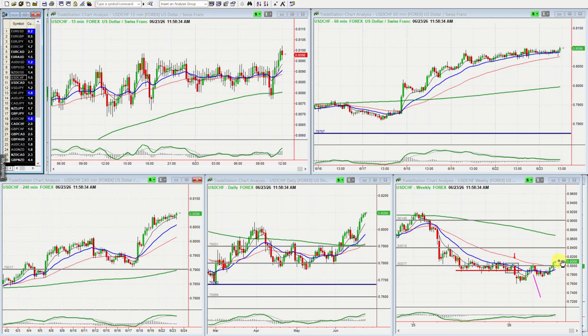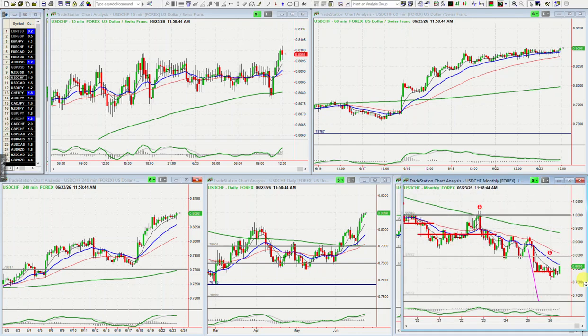And we can see here that the dollar is actually stronger than the Swissy over the last couple of months, right? That's quite interesting. In order to understand the longer term implications, on the monthly chart it looks like it wants to come back to test the 21. I don't see the dollar actually becoming stronger than the Swissy.